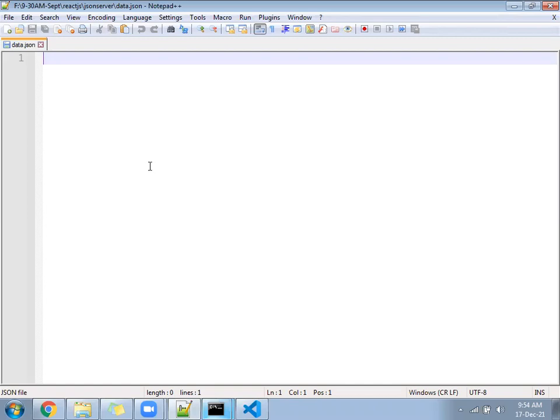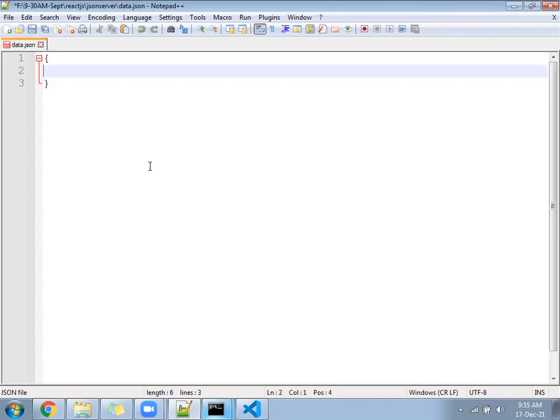Okay, in data.json, open a flower bracket and close it. It's like an array. In this file, you are going to store the data in the form of arrays. Inside, you will create one property.